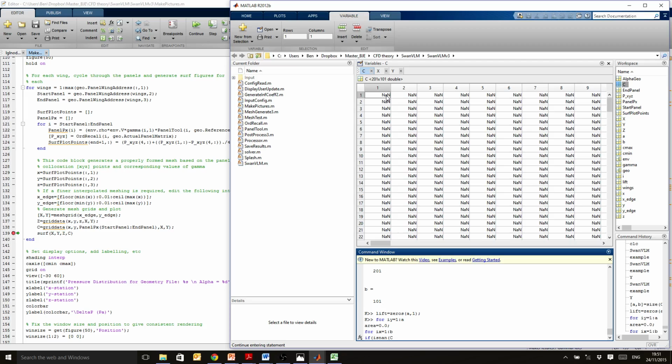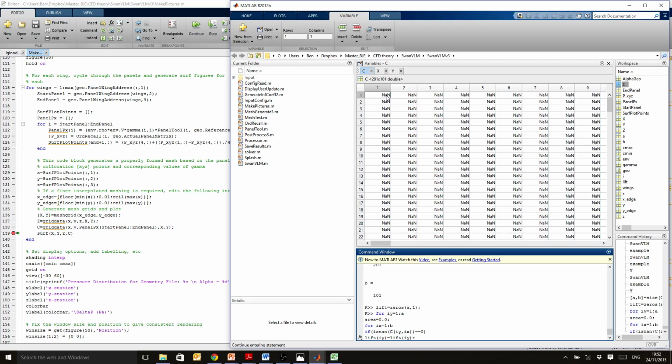So I'm going to go C, and so IY is the row, IX is the column. So if at that point in matrix C you've got NaN, this function isnan will give us a 1. So I want to do something if there's actually a number there that is not NaN. So I'm going to say if isnan of that point in matrix C is 0, then I'm going to do something. And what I'm going to do is say, now at this spanwise position, I'm going to